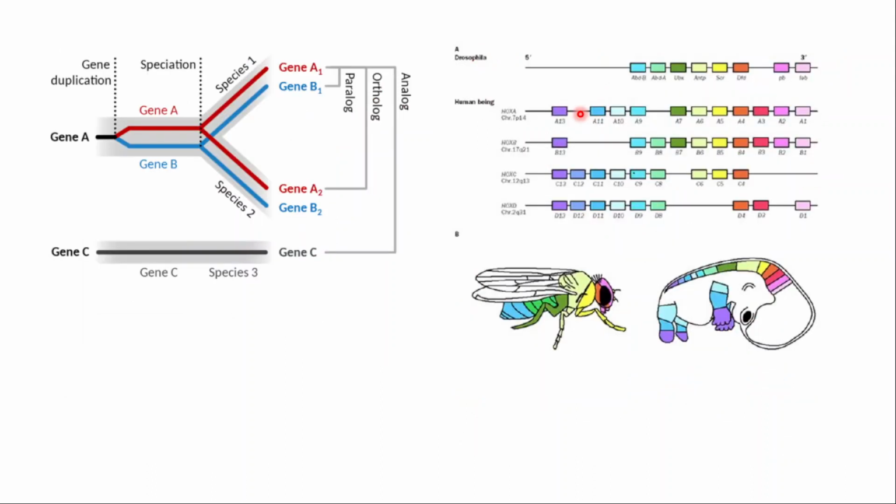And again, I would like to emphasize the subtle difference between what is an ortholog, what is a paralog, what is an analog, what is a homolog. So if we have gene A here, just go with me. There is a gene duplication event and there is a speciation event, where one of the copies is still gene A, but the other copy has become gene B. Now gene A undergoes speciation. Gene A now occurs in two different species, the red branching that we see here, gene A1 and A2.